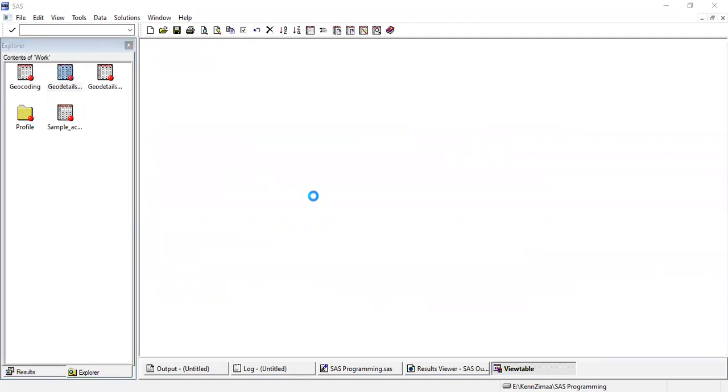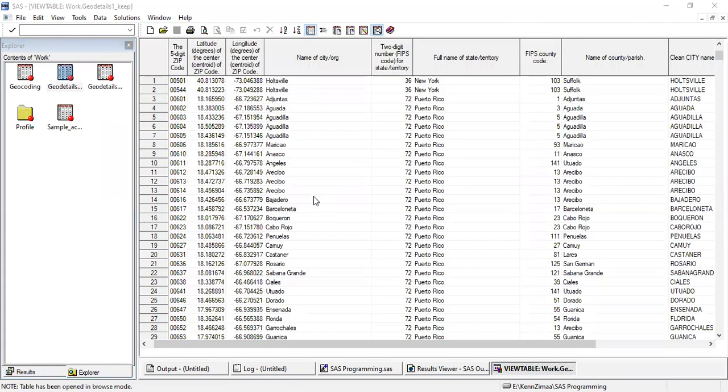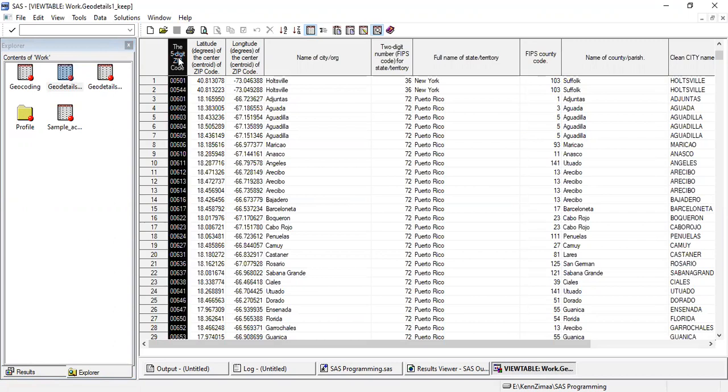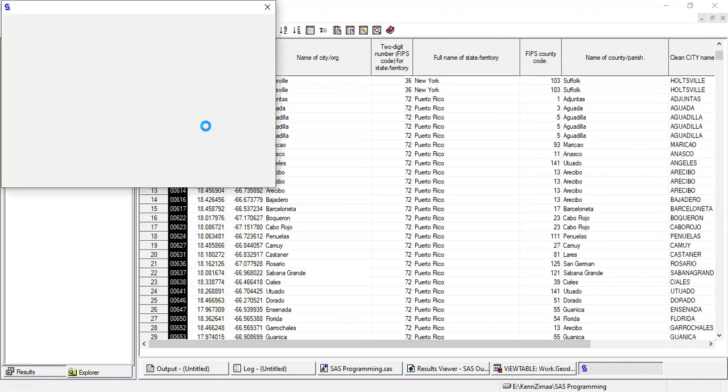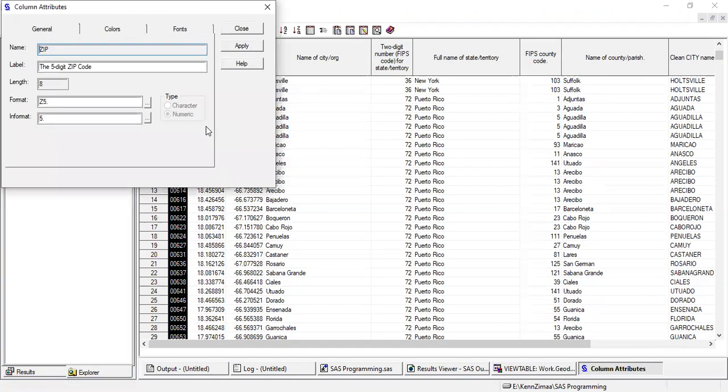This data set is also not so small for our system. It contains 41K observations, so it's pretty big. Again, if you see, all the 10 variables are displayed here, and at the top we can see the variable labels. If we want to see the exact variable names, we can click on any variable, do a right click, and check the column attributes.